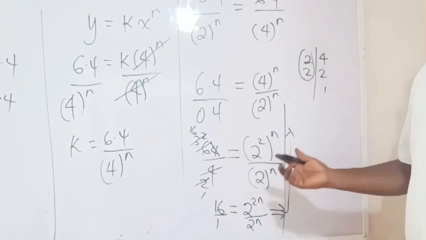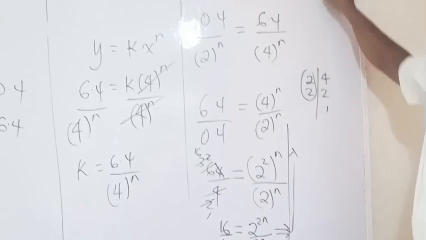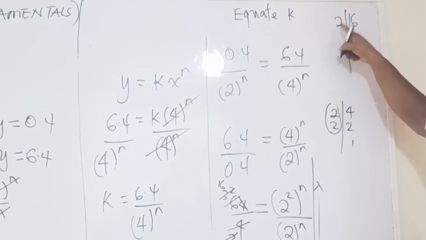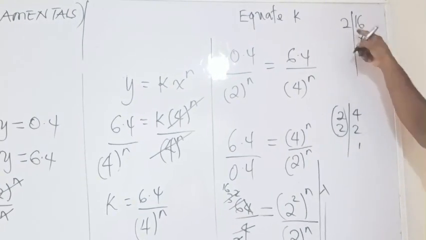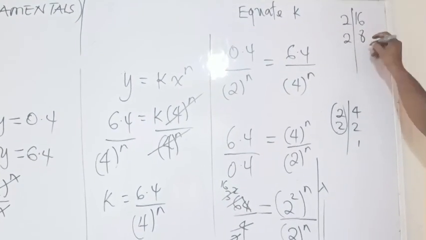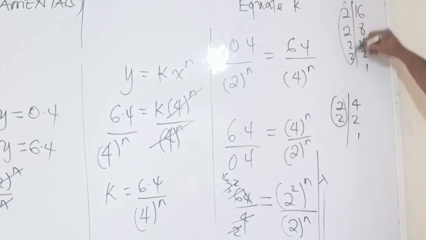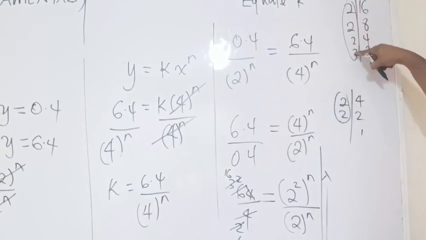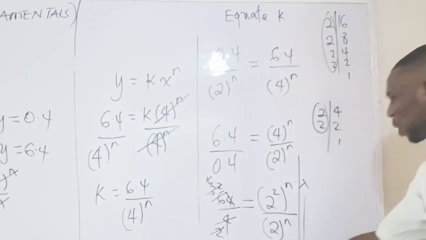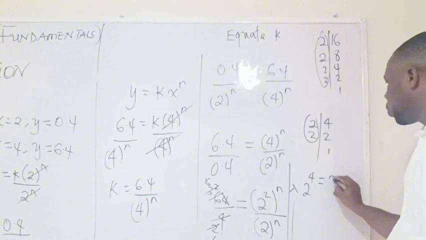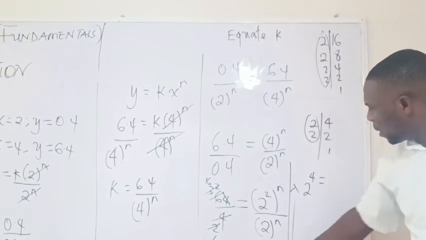16 can be written in its index form, by dividing 16 by the least prime number that 16 could divide. So starting off from 2, 2 in 16 is 8, still use a 2, 2 in 8 is a 4, 2 in 4 is a 2, 2 in 2 is a 1, I'll stop here. So I have 2 times 2 times 2 times 2 in 4 places to give 16. So I could write 16 now as 2 raised to power 4 is equal to, now from this side now,